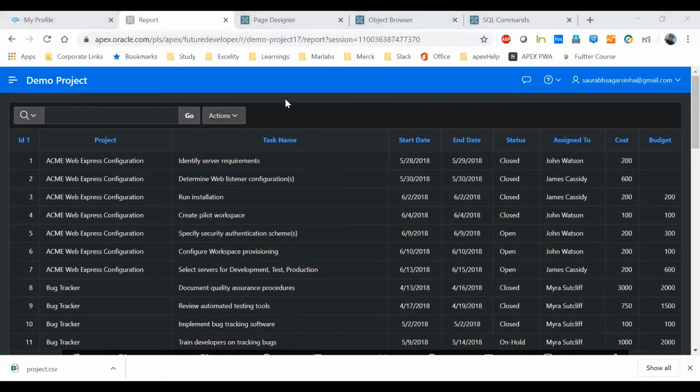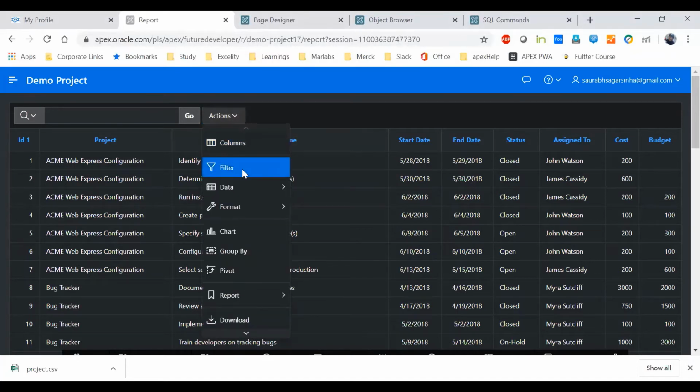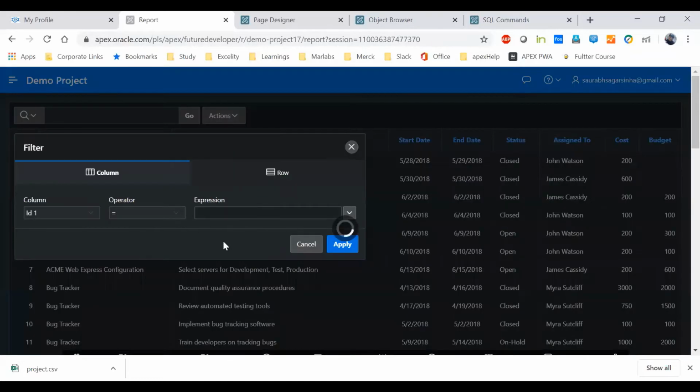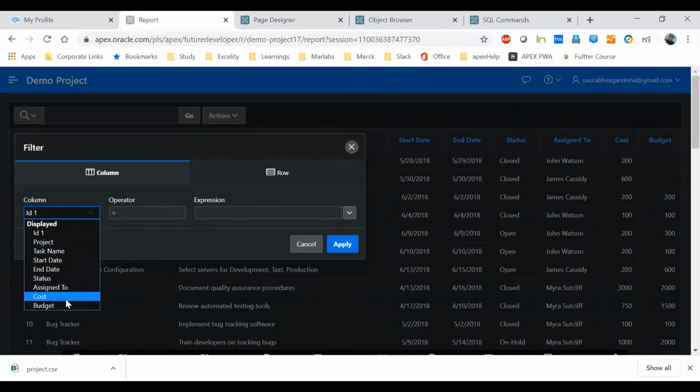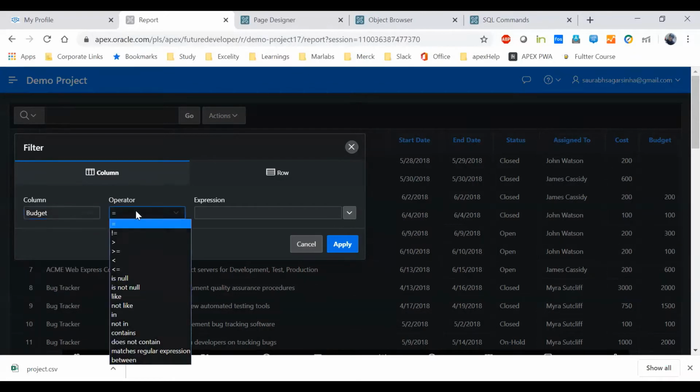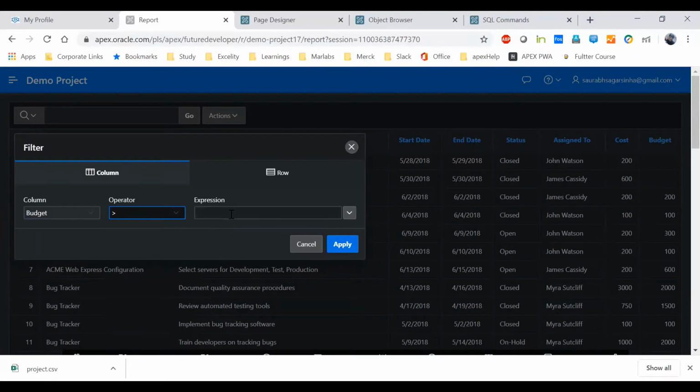Now, let me click on this filter. You have a button called filter, and in this filter you get a lot of flexibility in how you want your information. Let's say I click on budget as the column, the operator is greater than, and here I enter 1000.